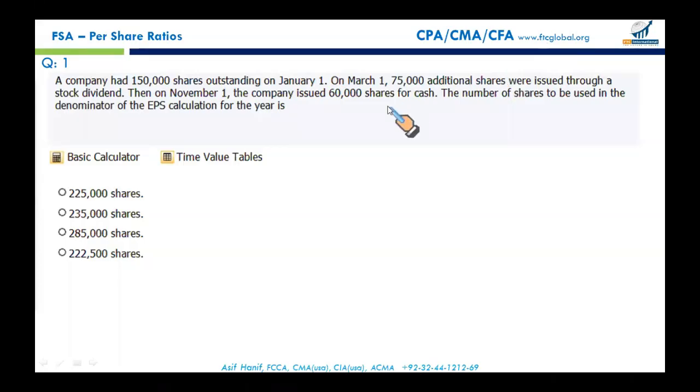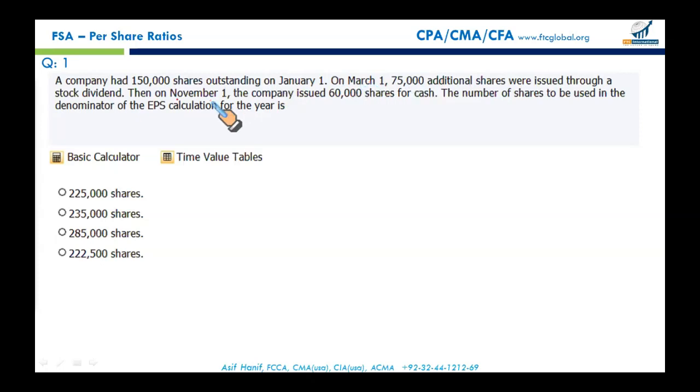Per share ratios, financial statement analysis, section A. A company had 150 shares outstanding on January 1st. On March 1st, 75,000 shares were issued through stock dividend. I hope you would remember that stock dividends and stock splits are assumed to be outstanding from the earliest reported period, as if they were there from the beginning. So even though they were issued on 1st of March, they will be assumed to be there at the start of